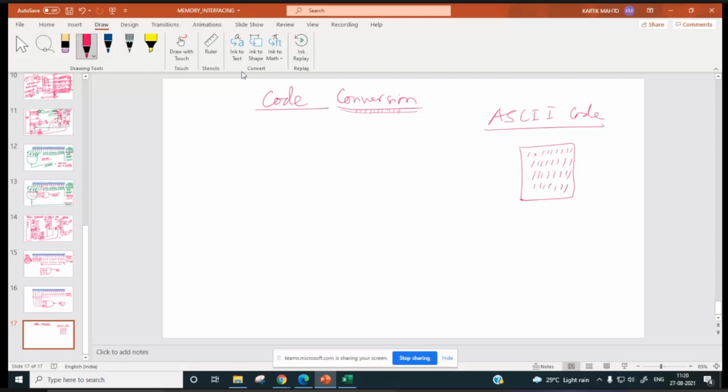And when you compile it, it is converted to the corresponding machine code. So how is ASCII converted to the corresponding machine code? So ASCII to hex conversion is one very important code conversion.